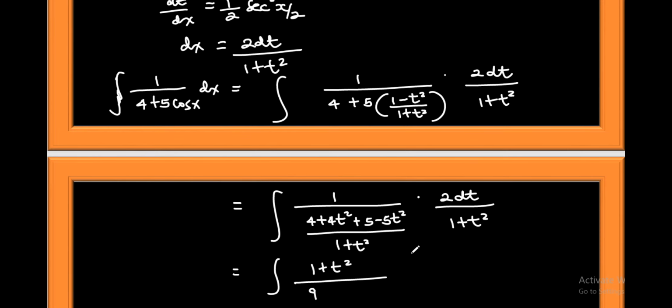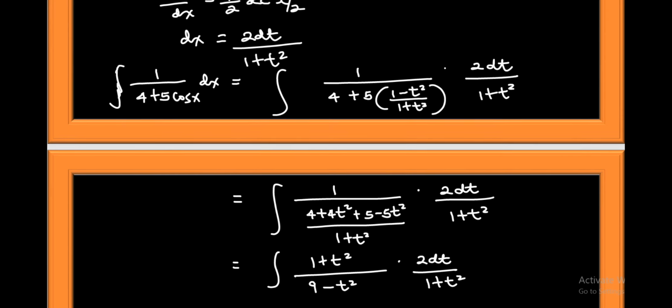4t squared minus 5t squared, that clearly gives us a minus t squared. Then multiply by 2 dt out of 1 plus t squared. Clearly, we can see that 1 plus t squared can cancel out. And if it cancels out, what do we expect now? We expect that now we get,